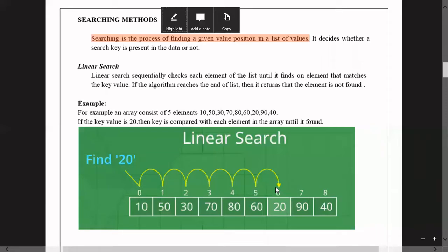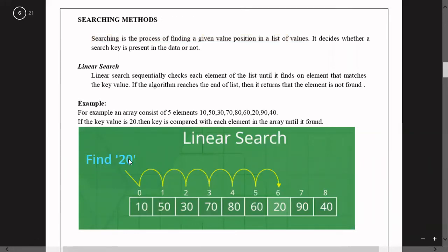So what we are doing is a process of finding the value 20 in a given set of elements. The given set of elements are 10 to 40. Against all these elements, we are searching for 20. So what is searching? Searching is a process of finding a given value's position in a list of values.